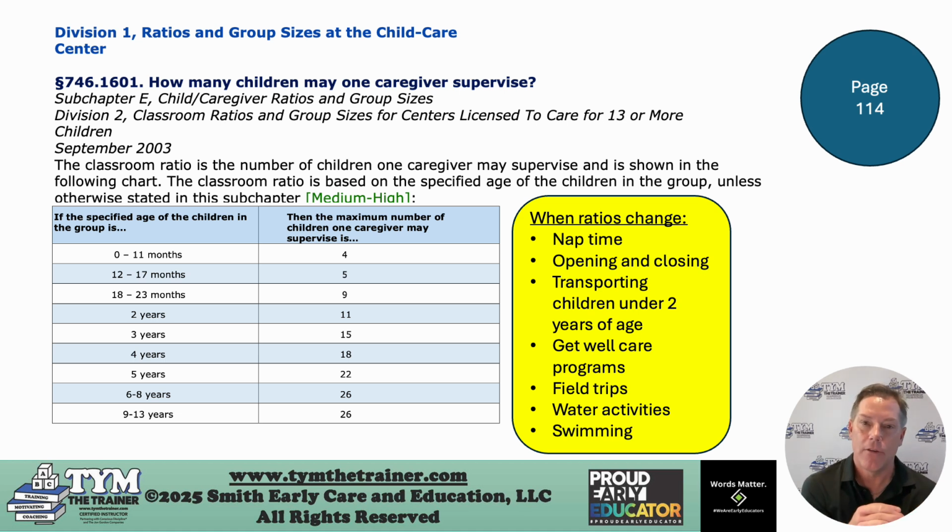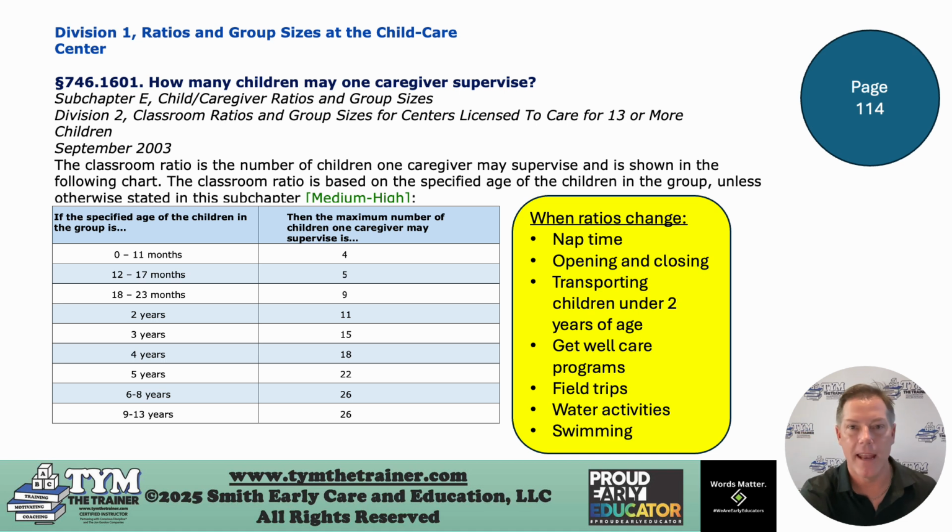When you're combining groups and you do have a child that is under 18 months of age, you cannot have more than an 18-month difference between the youngest and the oldest child in the group. But that 18-month variance rule only applies when there is a child in the group younger than 18 months. If you don't have anyone younger than 18 months, then you don't have a variance rule.